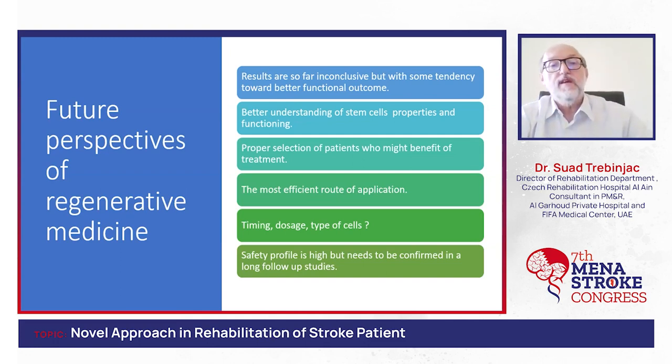So obviously, there are a lot of things to research. This is very exciting. It is a very fast developing medical field, and what we can expect in the future is to get answers at least to some of the mentioned questions, and to have more patients treated with stem cells and